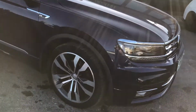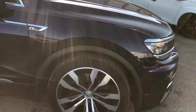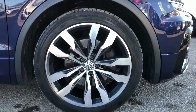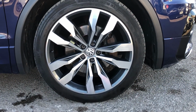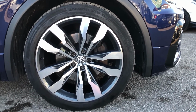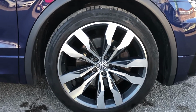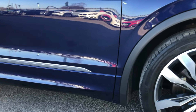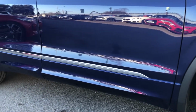You move all the way around and you've got the gorgeous 19-inch diamond cut alloy wheels, which really set the car off. Now for me, these are possibly the best alloy wheels that VW do. And I've just realised these are 20s, not 19s. That is my mistake. I'm on my 15th walk round of the day. You can see you've got the plastic wheel arch covers just there, and you've also got the chrome strip all